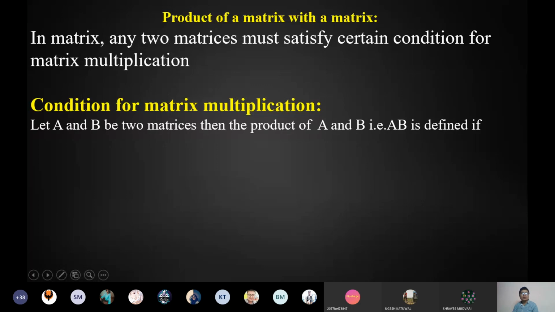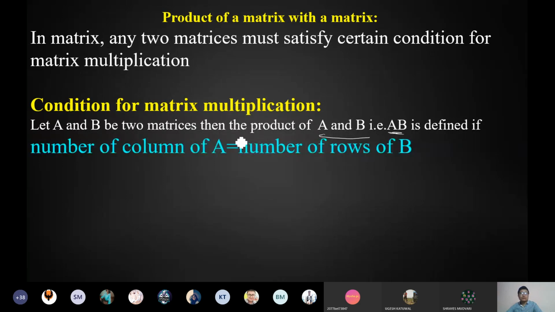Let A and B be two matrices. A and B can be any two matrices, not necessarily square or rectangular. They can have any order. Then the product of A and B is not necessarily always the same as BA, but I am discussing AB. AB and BA are different things here. I'm not talking about BA here, just AB. I'll talk about BA later, don't worry. But focus here on the product AB, which is defined if